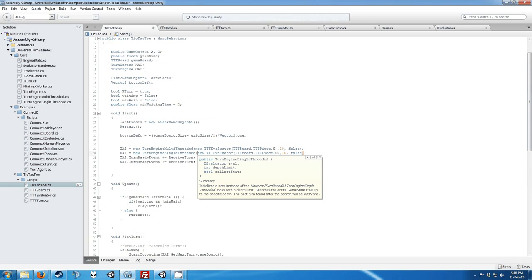Depth limit here: there's only 9 possible turns, only 9 positions on the board, so we just search to 10, because why not? And we just always search the entire tree. You can also instead set a time limit, or you can set both. If you set the time limit,